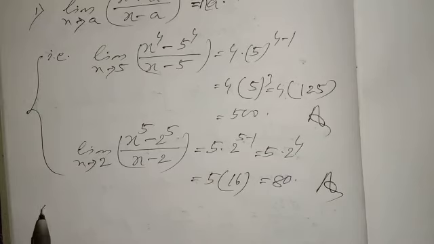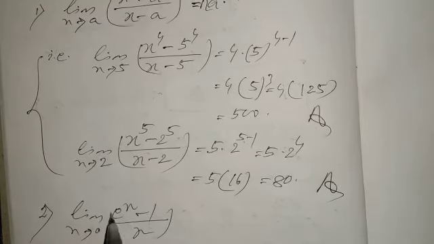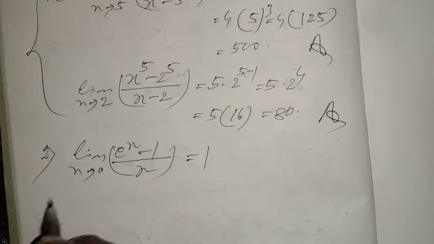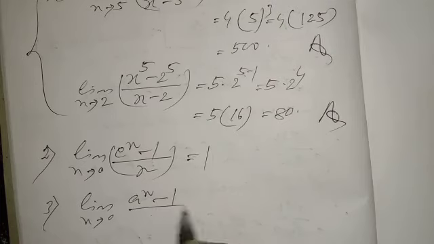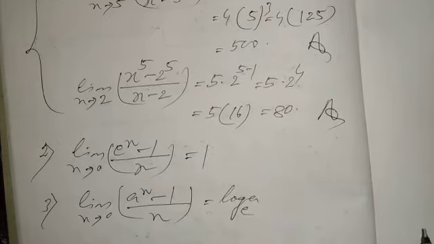Next, theorem number 2, the formula required for the second formula is limit x tends to 0, (e to the power x minus 1) by x. The answer is 1. e to the power x is the exponential function. Number 3, limit x tends to 0, (a to the power x minus 1) by x. a means any number. The answer is log a base e.